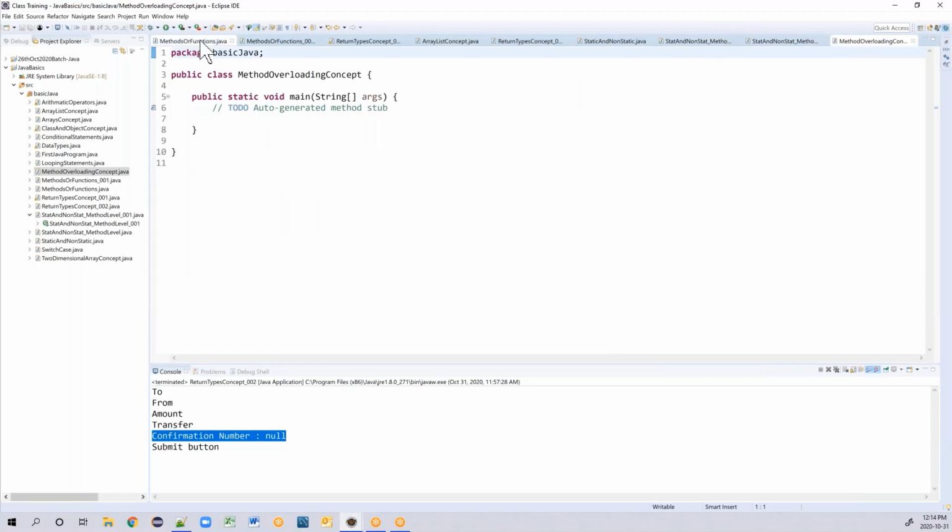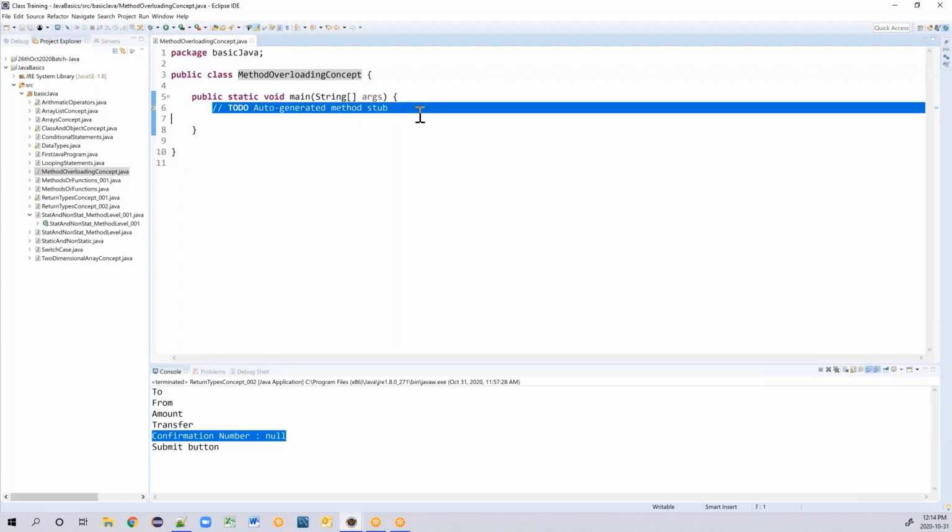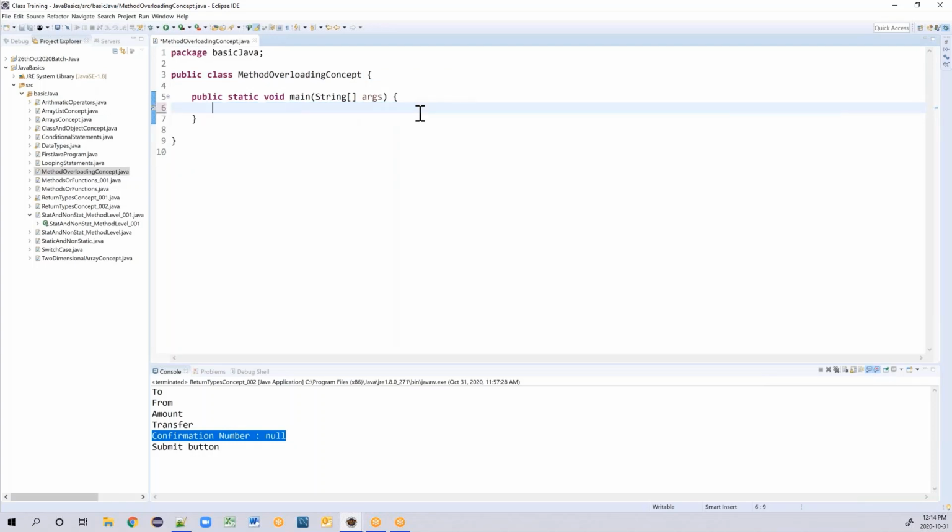All right, so couple of things. This might be useful for you whenever you are working. So if you see 1, 2, 3, 4, 5, 6, 7, 8, almost 9 programs are opened. So I want to close everything except this method overloading. So right click and you see here option called close others, right? Or close all, different options you have. I'll say close others. So everything will be closed except the one that you want to keep it opened.